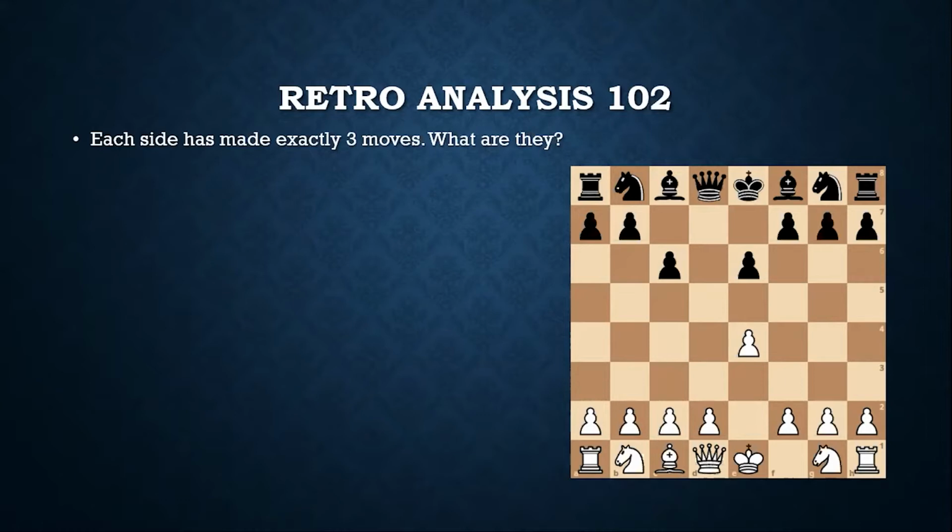If you see here, clearly white has made at least 3 visible moves. One is that the pawn has moved, the bishop moved out, and then it got captured. And in the process the bishop also captured one black pawn. So those 3 moves are pretty clear here, that either the pawn moves, the bishop moves, and the bishop captures the pawn in some order. And the black moves are also pretty clear, that there are 2 pawn moves, and then because the white bishop is captured, that is the third move.